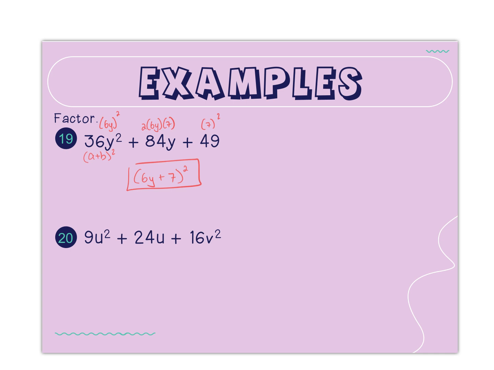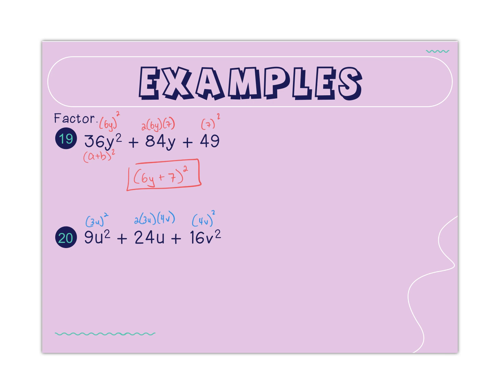And last but not least, we come to this last one. We try to pull out a GCF. There is not a GCF in the numbers. There's no GCF in the variables. And so again, I ask myself, does the first number have a square root? And yes, it's 3u squared. Does the last number have a square root? Yes, it's 4v squared. And is the middle 2 times the first term times the last term? And when I multiply these, I get 2 times 3 is 6, 6 times 4 is 24, and I get